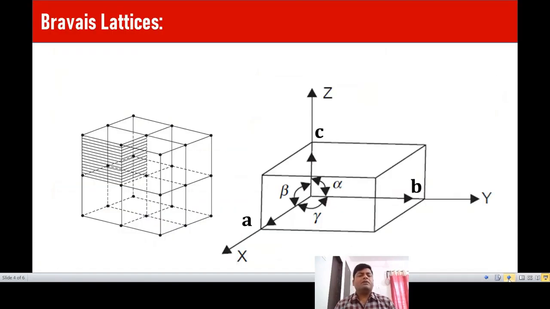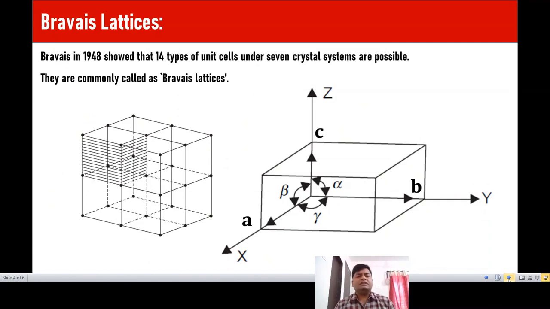Okay, now coming to the Bravais lattices. Bravais is the scientist who discovered that 14 types of lattices can be drawn under the seven crystal systems. Okay, and only 14 types of unit cells are possible with the different seven crystal systems that he first discovered. Now this space lattice is called a Bravais lattice, and over here you can see the unit